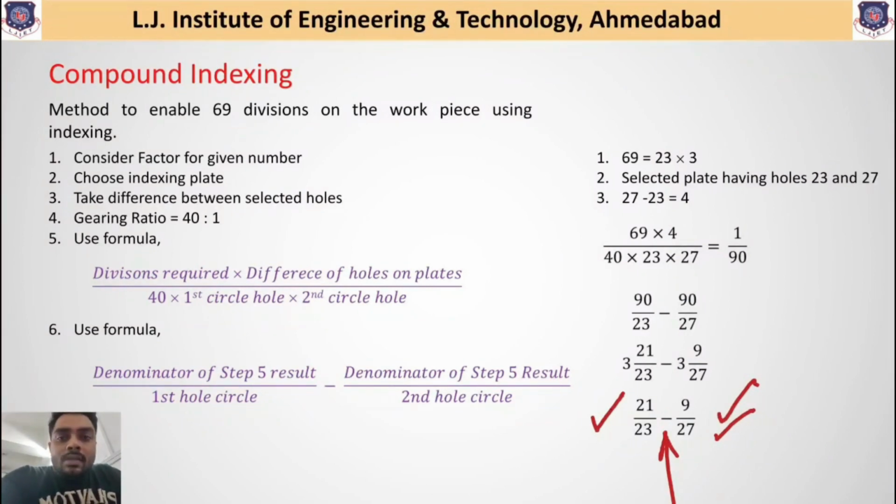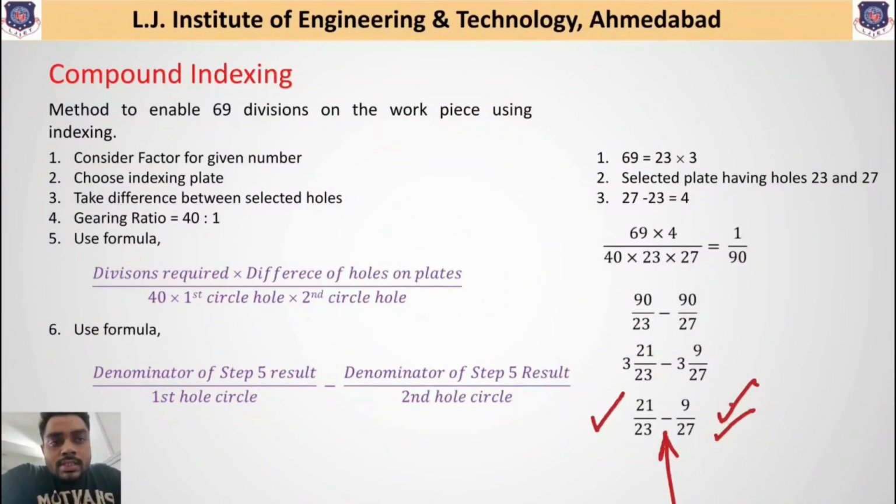So on the same indexing plate, first rotate 21 holes on the 23 hole circle in the clockwise direction, and then shift the crank pin to the 27 hole circle on the indexing plate, and rotate through 9 holes on the 27 hole circle. This rotation gives one division required for this particular workpiece, and to generate these 69 divisions,